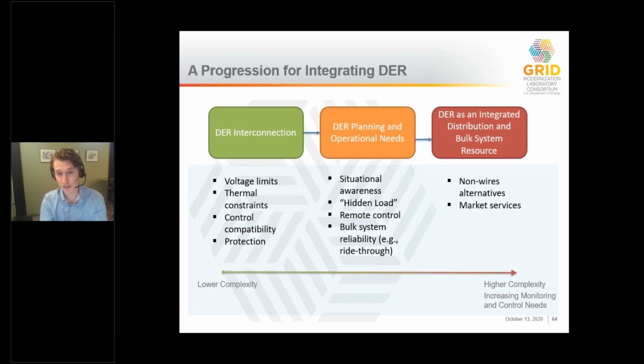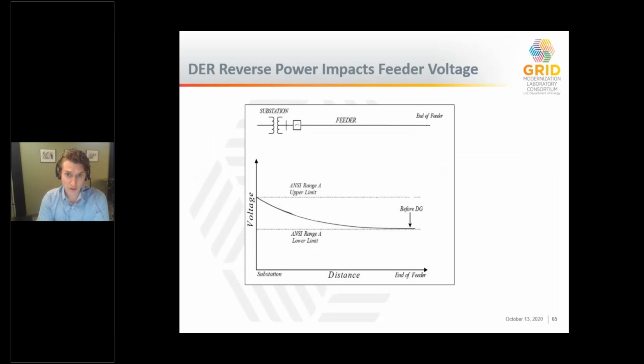Even further in the progression is really how to use the DER as an integrated resource for things like non-wires alternatives, avoiding traditional utility investments or market services like frequency regulation or other kinds of advanced services. Next slide, please. Looking at the fundamental operation of inverters, the interconnection piece of integration,